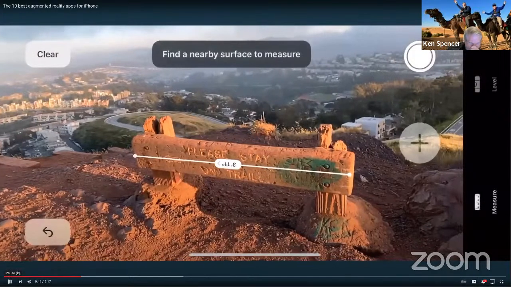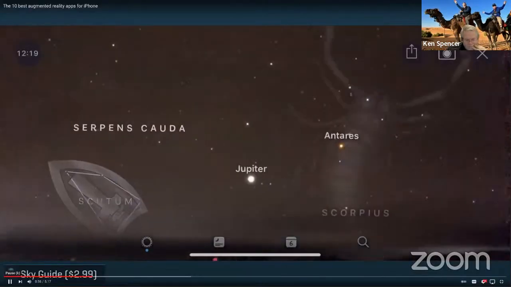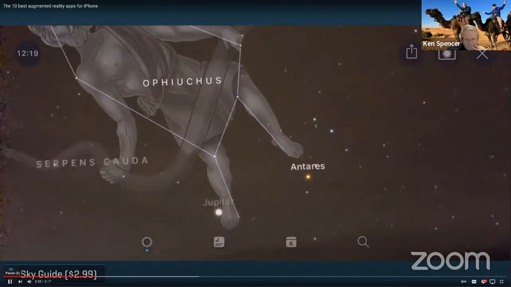All that said, the Measure app does do an impressive job through machine learning alone. Next up, we have SkyGuide. This star chart app has been around for years, and I've always admired the way that it lets you use